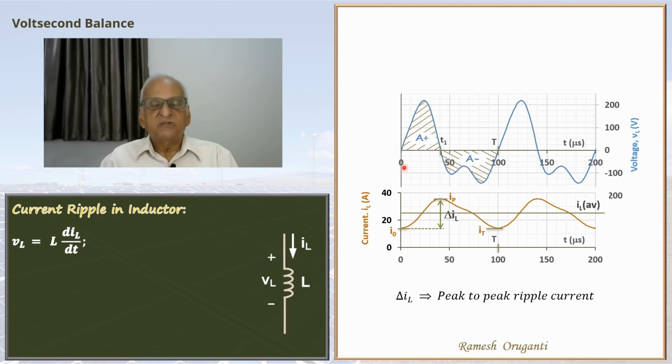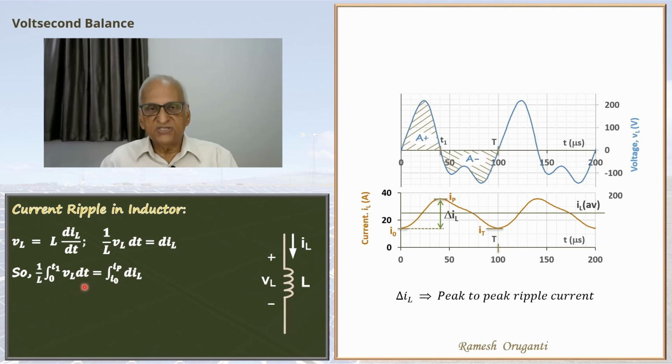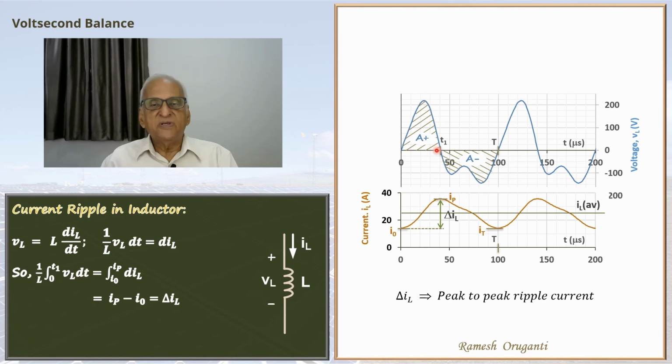T1. First writing it in differential form, now integrating it, 1 over L, 0 to T1, VL dt, that will be integral dIL from I naught to IP. So this we know will be delta IL. This integral 0 to T1 VL dt we know is this positive area. So delta IL will be A plus by L, which is the same as A minus by L, the magnitude